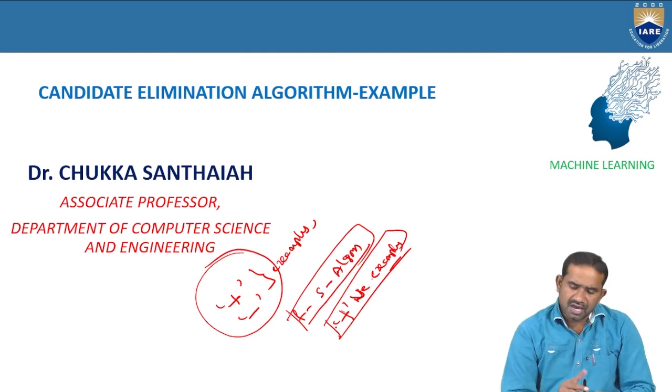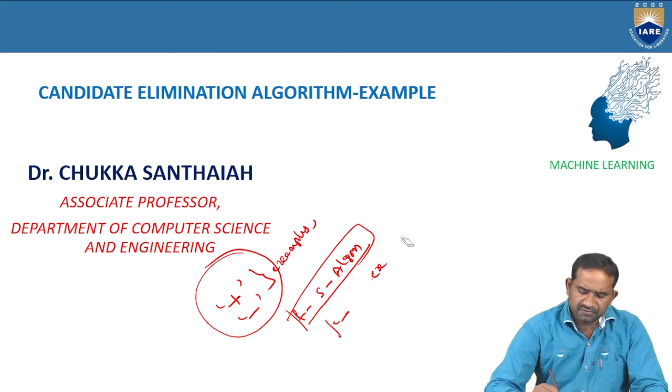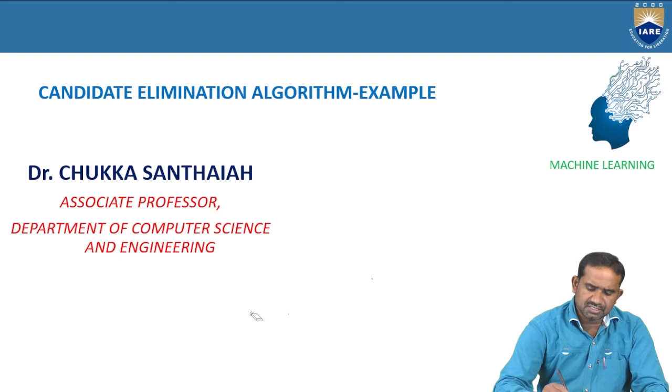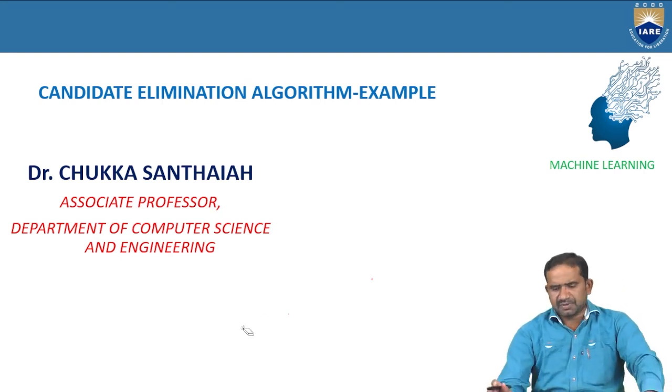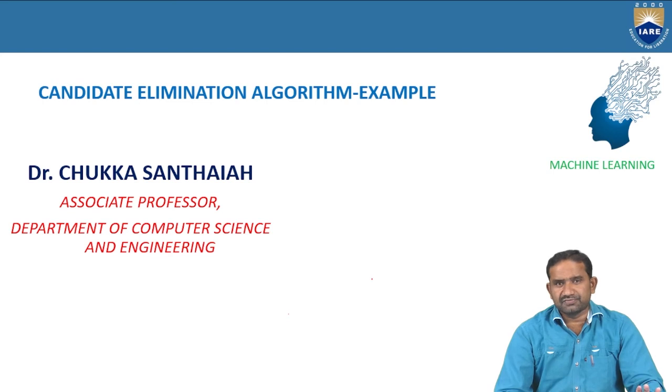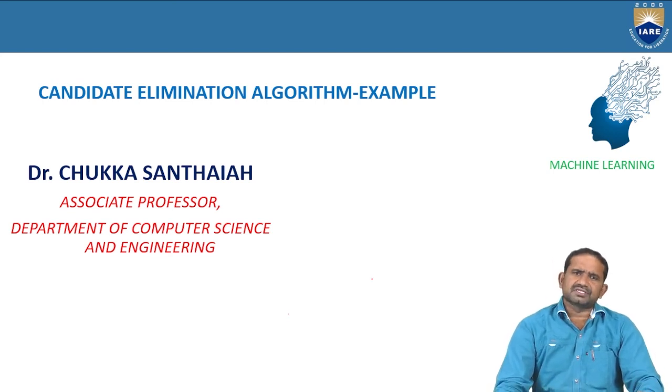training examples. And one more concept is introduced in the candidate elimination algorithm, that is the version space. The version space plays a major role in the candidate elimination algorithm, especially in between the generalized hypothesis as well as the specialized hypothesis. This generalized hypothesis as well as specialized hypothesis is also part of concept learning in the candidate elimination algorithm. And the version space plays a major role at the final stage of the candidate elimination algorithm.